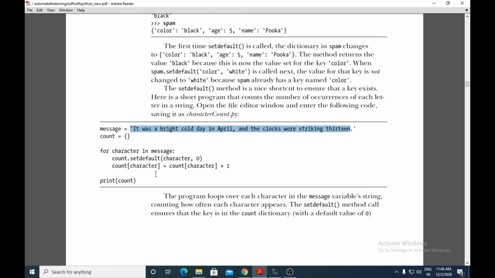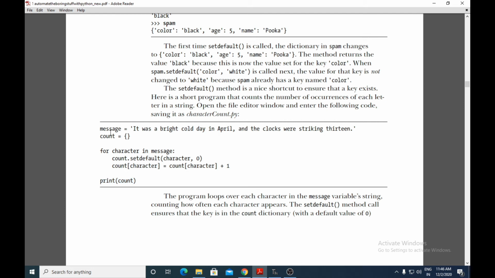This will go on until all the characters in that message end, and this count keeps count of every character or letter occurring in that message. Once the characters have ended, it will show you the count of each letter in that message.